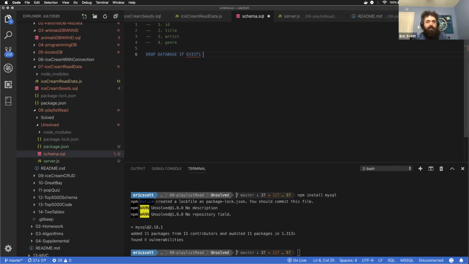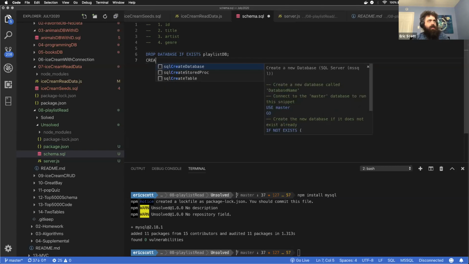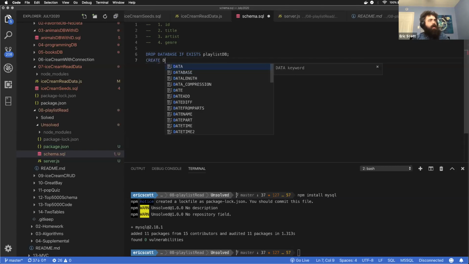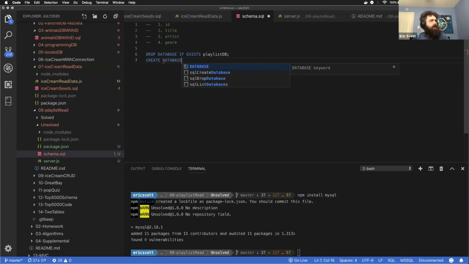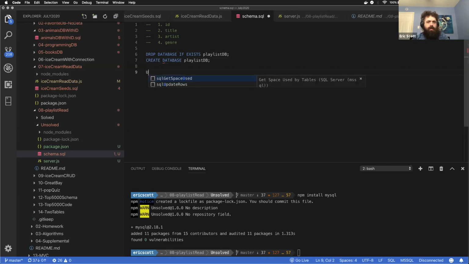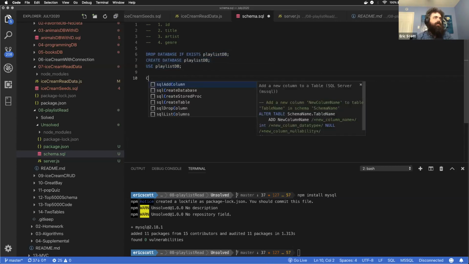So drop database if exists, and we'll call it playlist DB. Then we'll create the playlist DB, and use it. You're going to see this pretty much at the top of any of your schema files, or any file that defines a schema. That's pretty standard. Next, we want to create a table